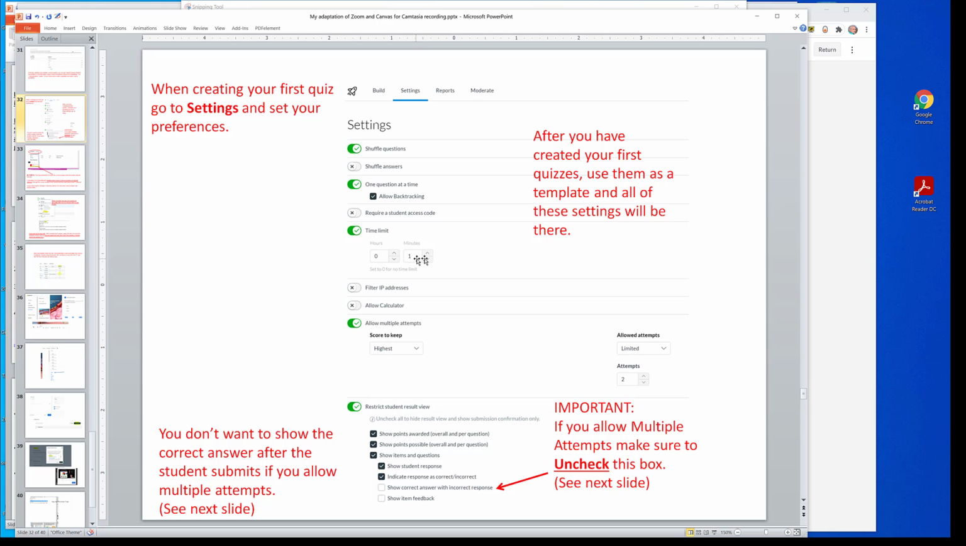Time limit, 1 minute for each of the two. I allow 2 attempts. Okay, so I put 2 attempts of 1 minute each. And then this is really important down here. If you're going to allow multiple attempts, you need to make sure this box is unchecked,